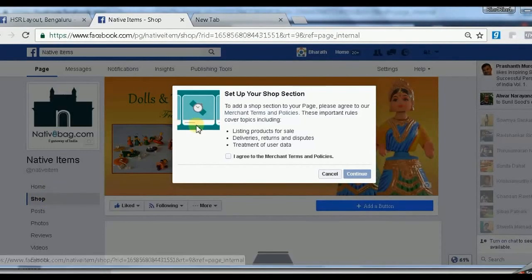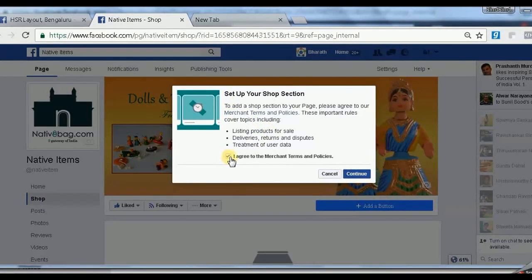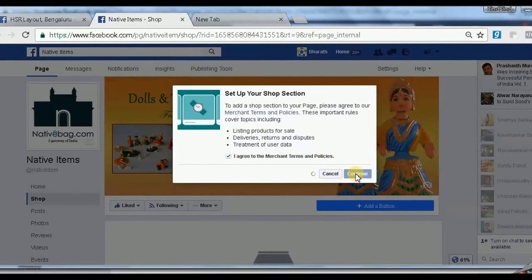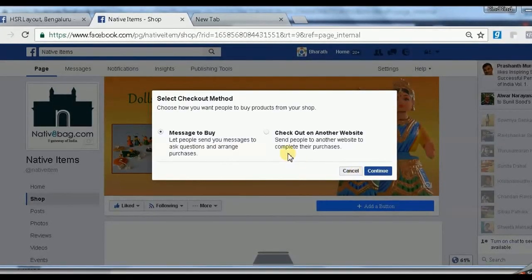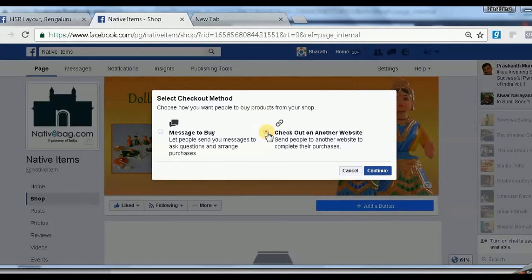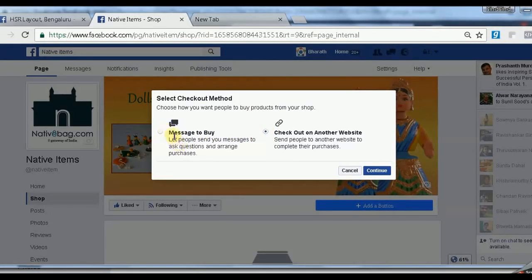So you can see a pop-up message saying set up your shop section. You can read through the agreement and say I agree and complete it. Here you can see checkout on your website, and another one is message to buy. Message to buy is used for manual coordination, and the customer can message the page admin and buy the item.